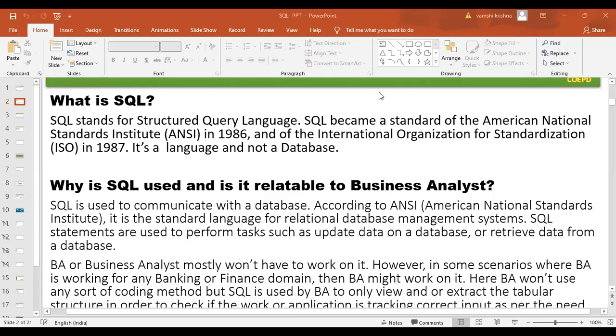Now, as a business analyst, you will only be able to view the data, guys. One good news for all of us, people who have no technical knowledge or are very new to SQL, please do not worry, because business analysts will not use SQL to a large extent. The way you work on Jira, the way you work on Visio, Balsamiq, Azure, we will not go to those extents with SQL.